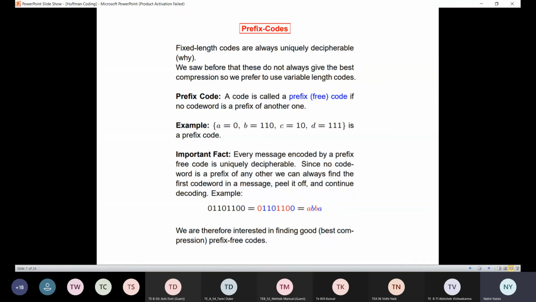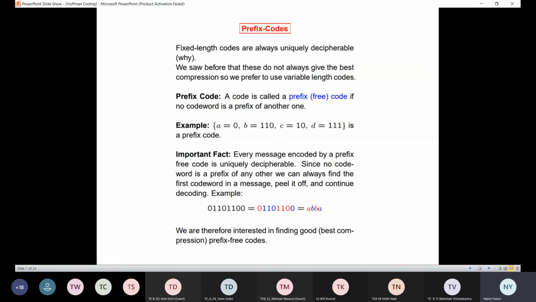Now in this case you can see A is represented as 0, B as 110, C as 10, D as 111, correct. Is A a prefix of anybody, or is C a prefix of anybody? Does anything start with 0? When I say A is a prefix of something, what does it mean? Does anything start with 0?